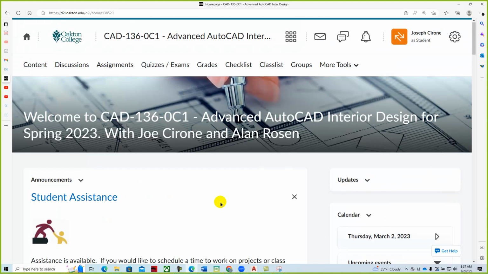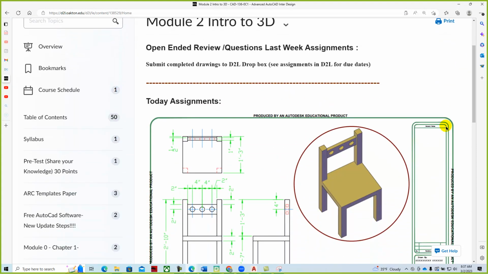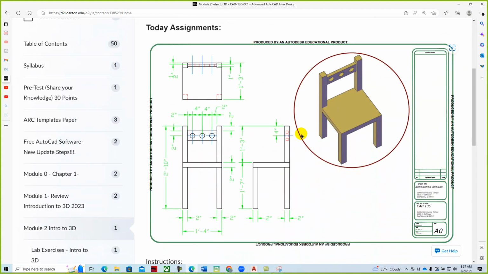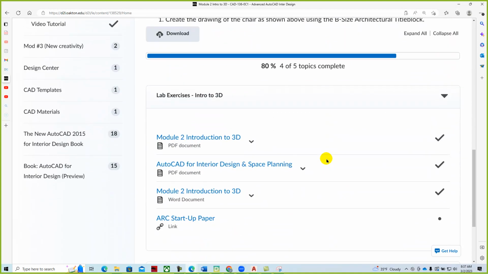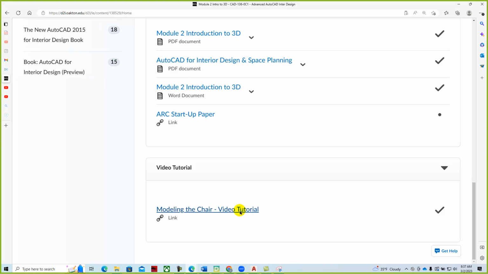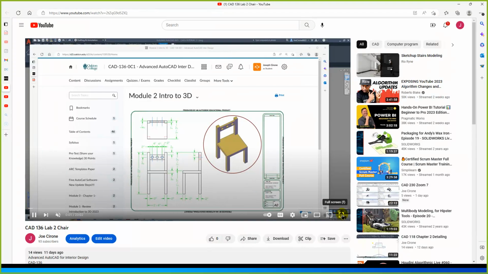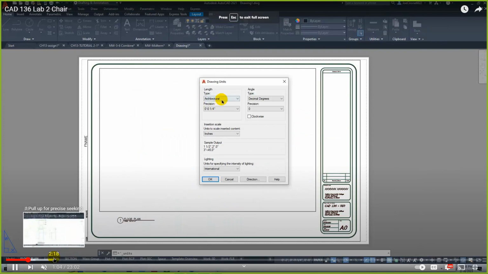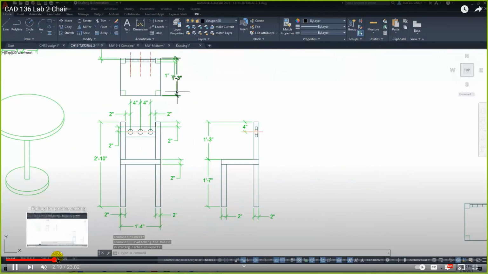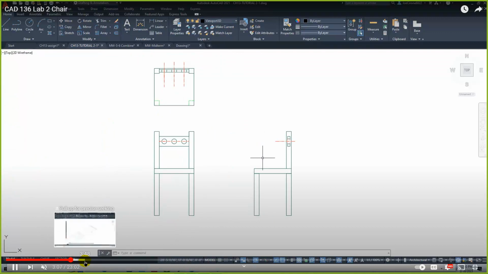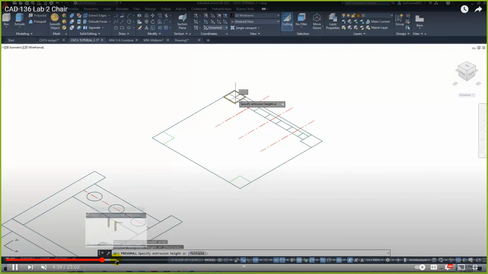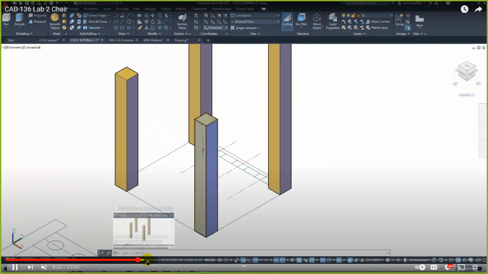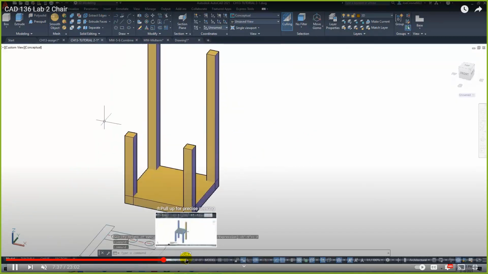If we look at module 2 under content, essentially we're modeling this furniture of a small chair where students will draw the 2D geometry and then we'll model the 3D aspects of it. We have a video here for how to model the chair. As we go through, we'll walk through downloading the architectural title block, taking the chair geometry, and then different modeling techniques for creating the legs for the chair, the back of the chair,